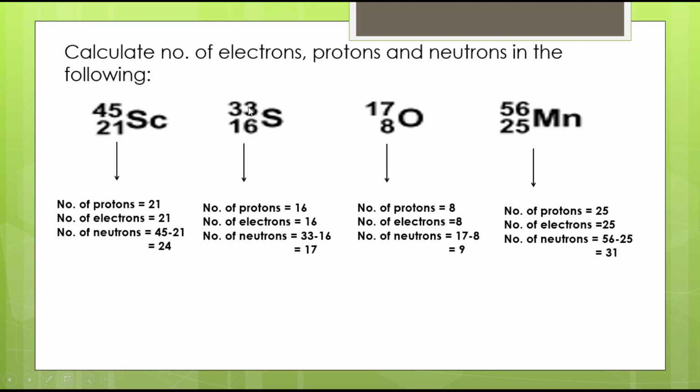So in our last class, we discussed how to calculate the number of electrons, protons and neutrons. And I have given a few examples for you to practice. So all these are which I have given in our last class. I have solved for you. You can check your answers. So all these are the solutions for the practice problems which I have given in our last class. So we are going to move into our next part.